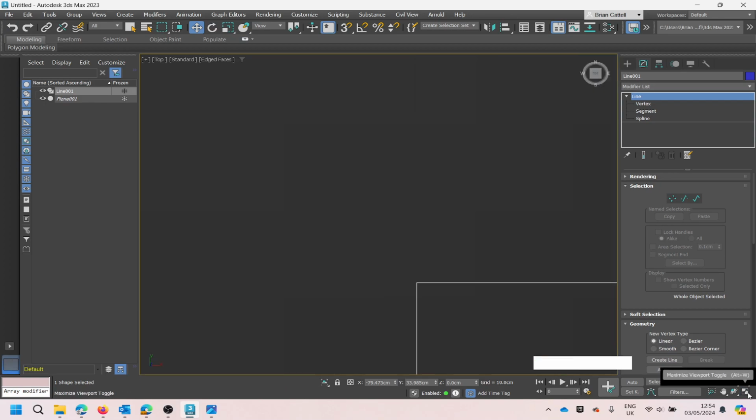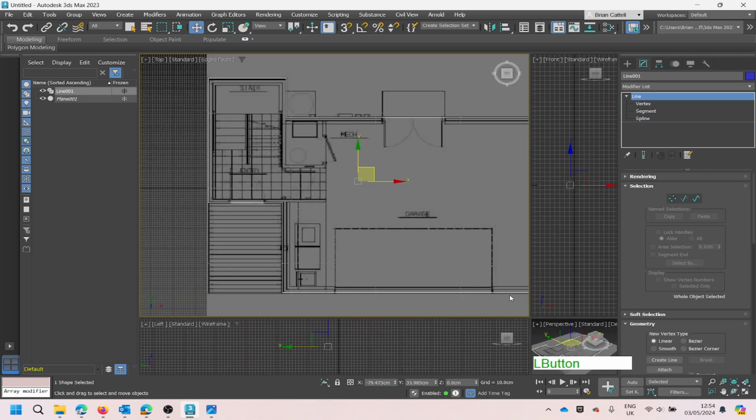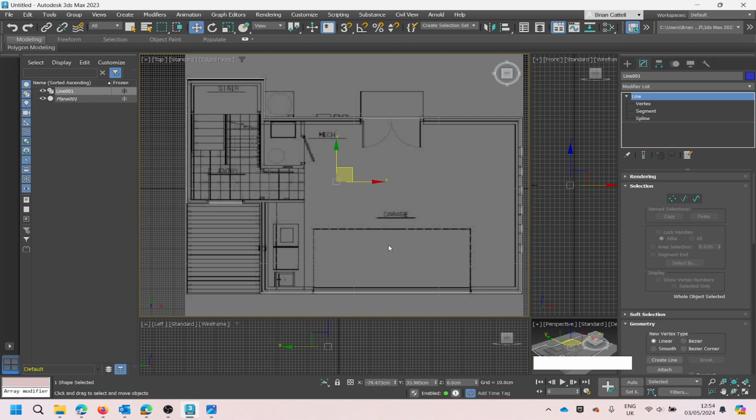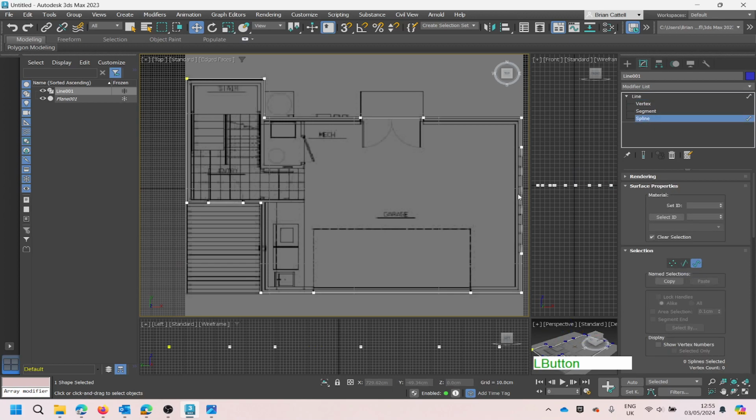Oops, not that one. That one. Okay, so I've filled up the viewport with the object. Okay, so now we need the kind of killer feature of Max, which for this type of work at least is the outline. So we go to spline mode, select our spline,